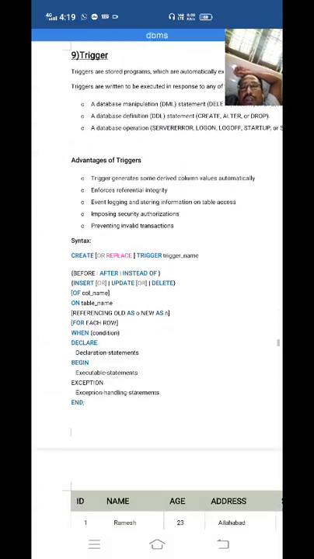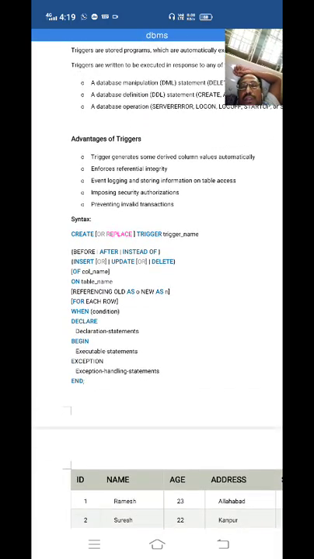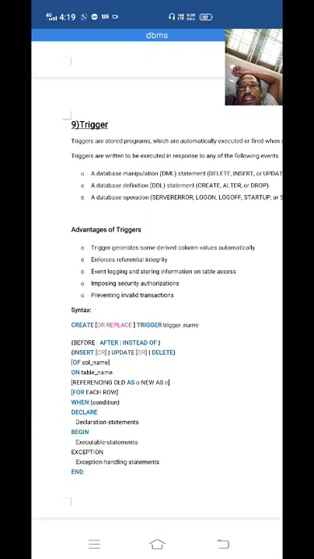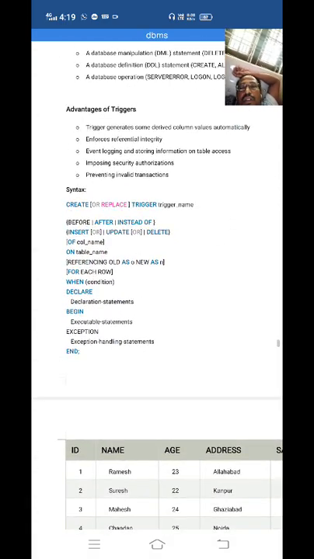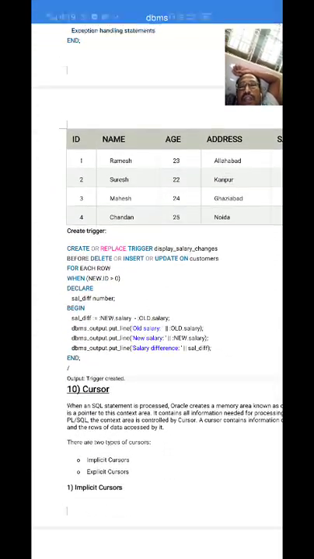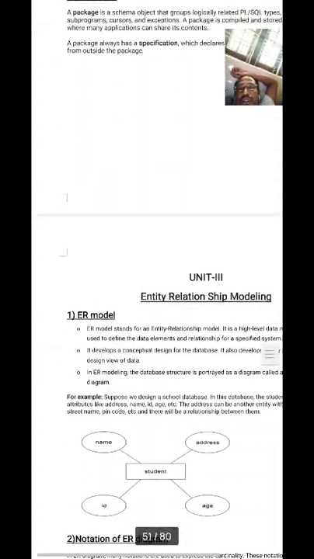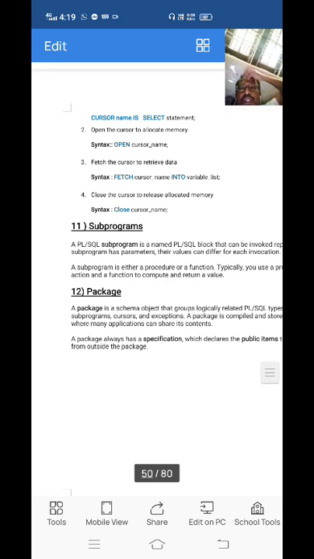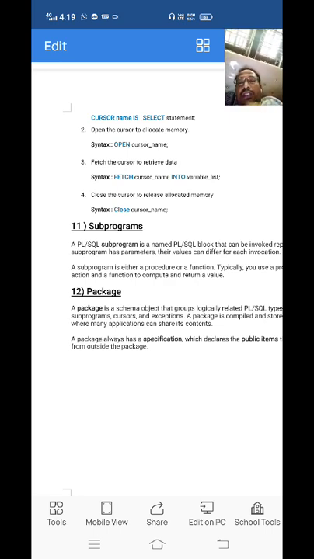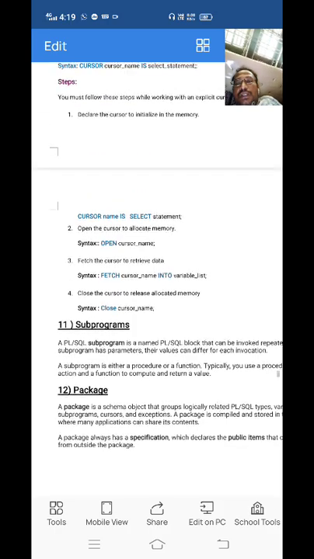How many topics are there in this unit? Subprograms and packages are small concepts. The main important topics in the next class are triggers and cursors. In total we have 4 concepts remaining in this one unit: triggers, cursors, subprograms, and the last one, packages. So there are totally 12 topics in this second unit, the second chapter, that is advanced SQL.